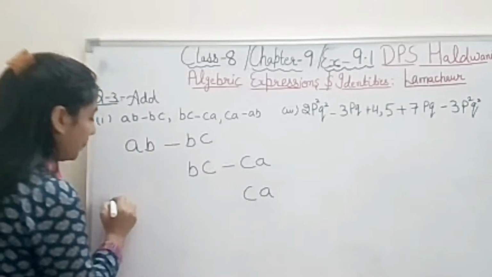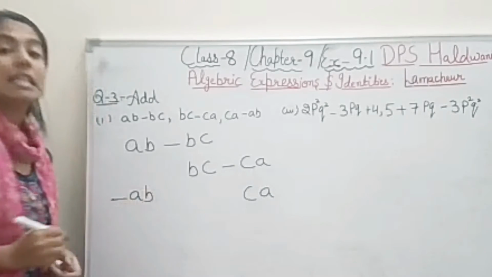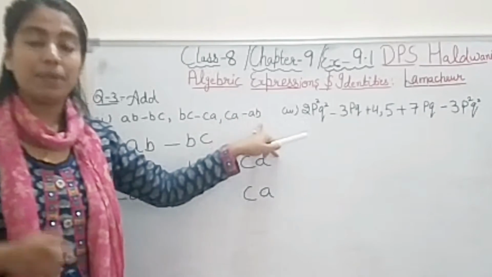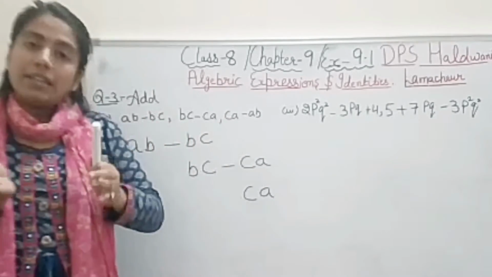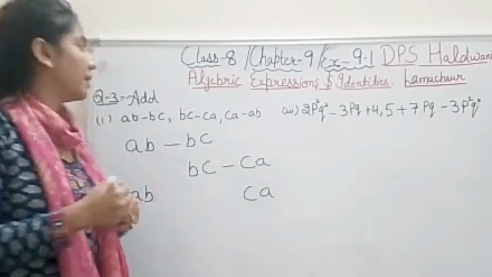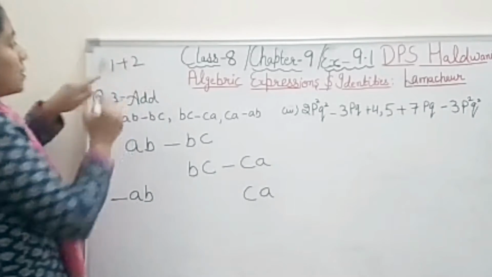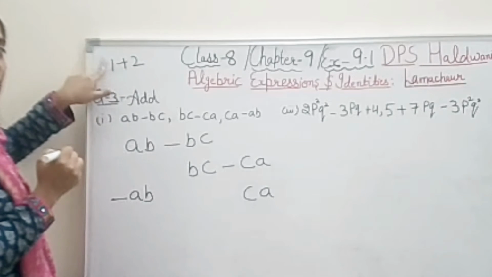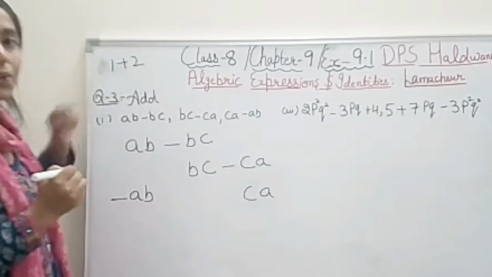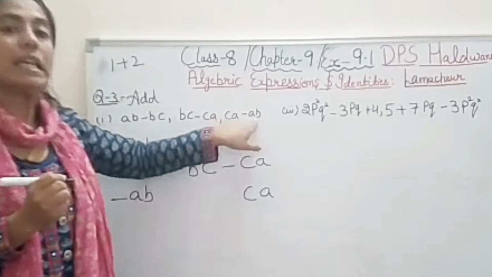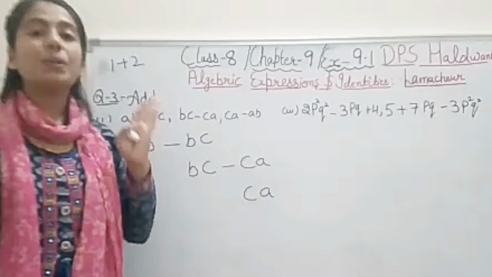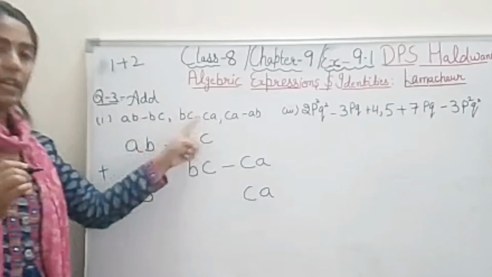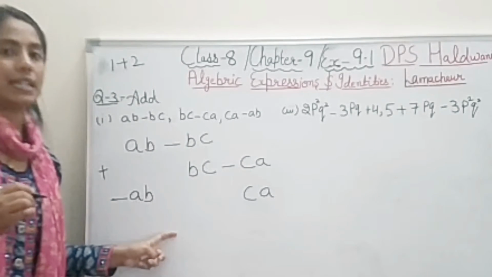So go along with the sign, because sign matters. Okay, this is minus AB. You know student, whatever term is there, the front one is its own sign. Like this is 1 plus 2. So the sign is not this one, the sign is the front one. No sign is there, means it is also a plus. So 1 plus 2. Got it student? So it is minus AB. Right? So fully, along with the sign, you have to write. So it is just addition. So no change. Whatever sign is there, the same sign as it is we will use.